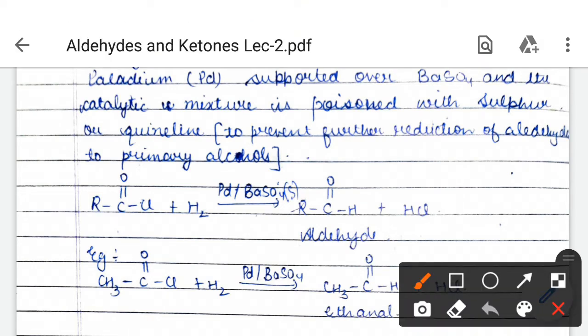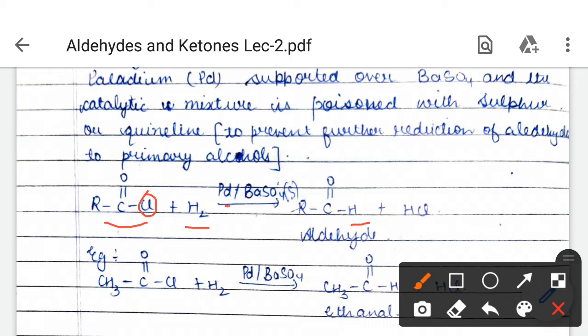In this reaction, acid chlorides are treated with hydrogen in the presence of palladium, which is spread over barium sulfate, and it is poisoned with sulfur or quinoline. Then the Cl is replaced with hydrogen and we get aldehydes. So Rosenmund reduction is used for the preparation of aldehydes, and it's a very important reaction. This can be asked in a naming reaction also.